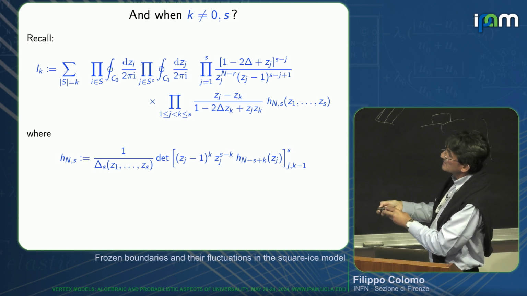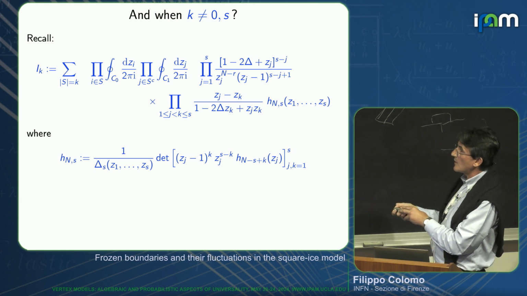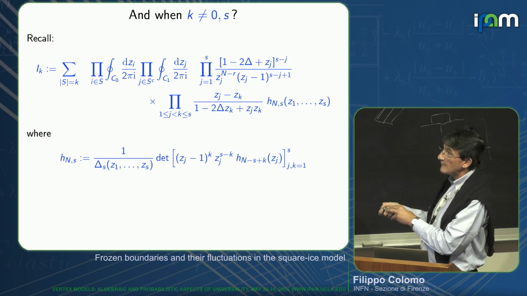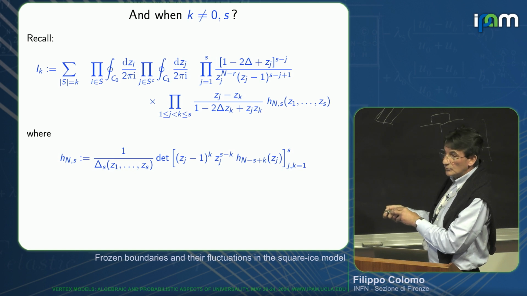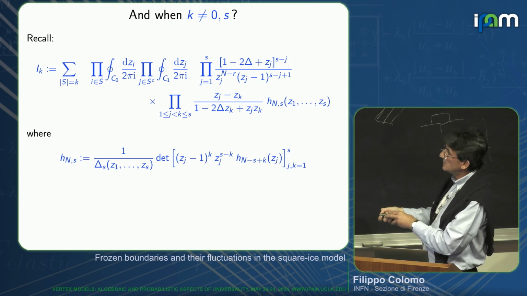I recall that we have this function, and when you compute this, you will obtain quite a complicated formula already for s equal 2. When you take one contour around 0 and one around 1, it becomes a bit heavy to do by hand. You can do it, but it's several pages of calculation, and what you obtain, you have to take into account